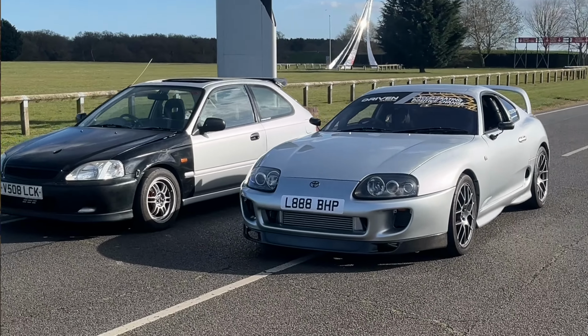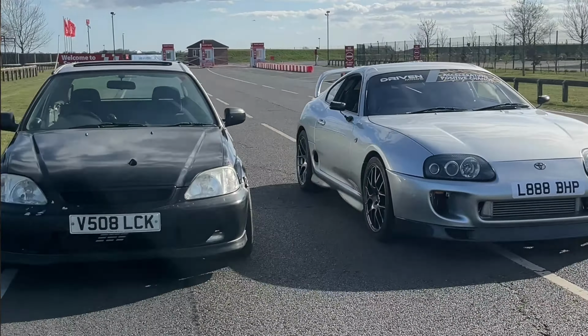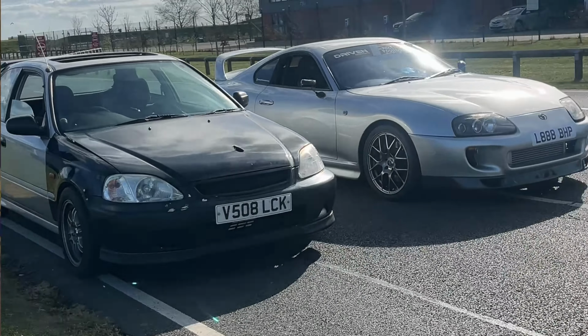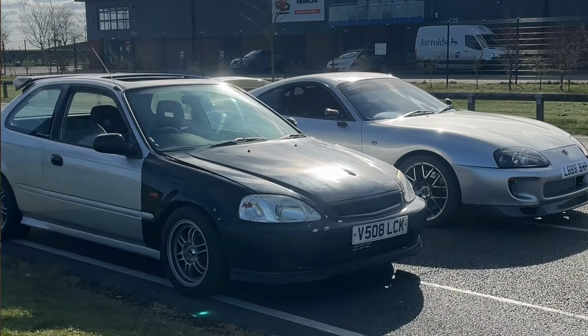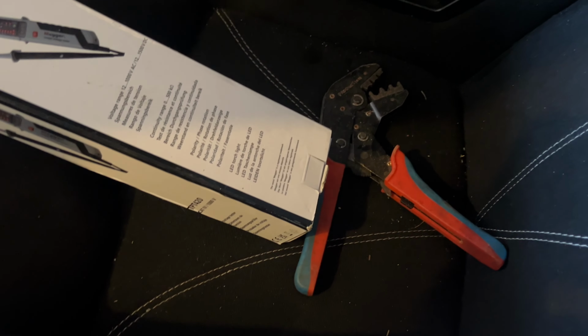But obviously I need to finish the boost gauge, and there's also a little minute fuel leak, so I'm going to try and do both of those today. But let's get into it. Let's get finishing the wiring on that boost gauge and get it fitted, get the panels back in the car, and go from there. It's not very good in here, but key things that we need: we've got a little wiring terminal